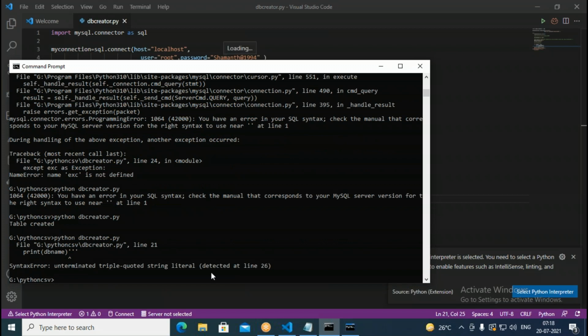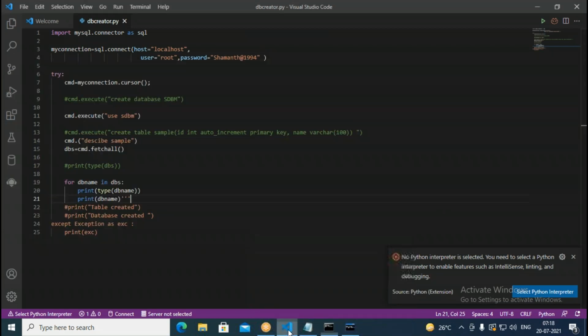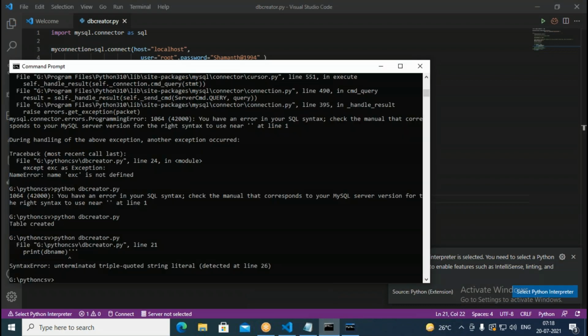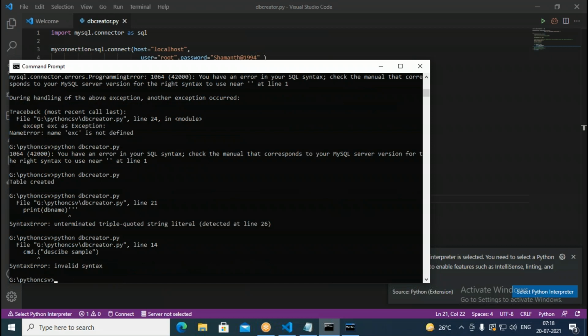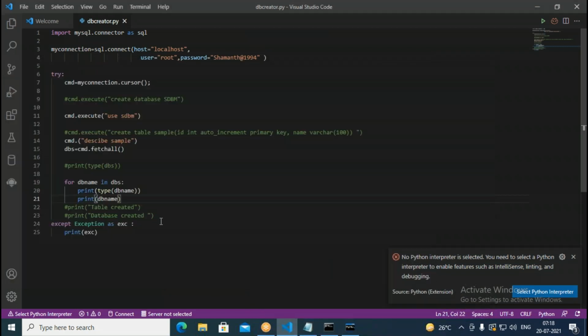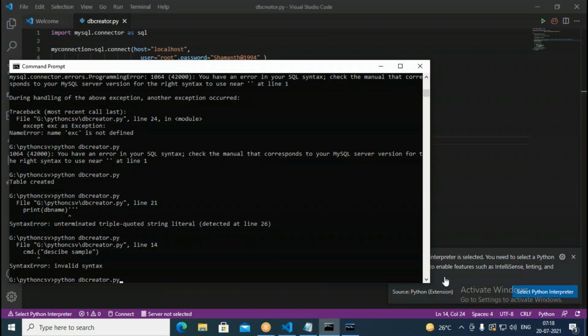Okay, when we run it, it's showing some error, let us correct that. So these are not required for us. What it says, describe, it should be. So cmd dot execute is also required here, followed by describe, so that it describes the database table.